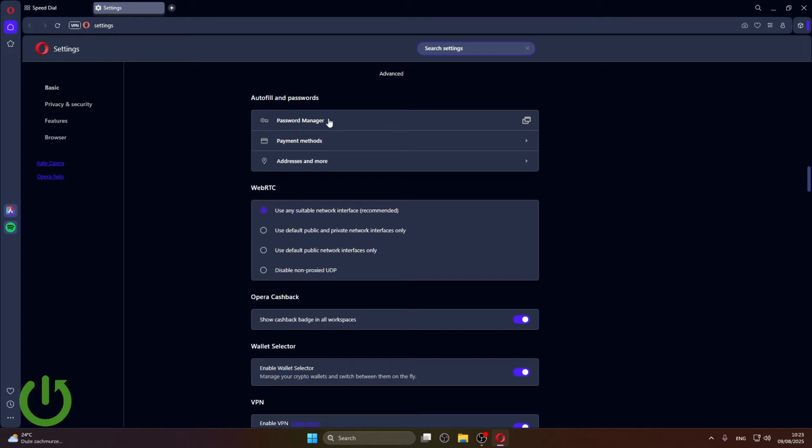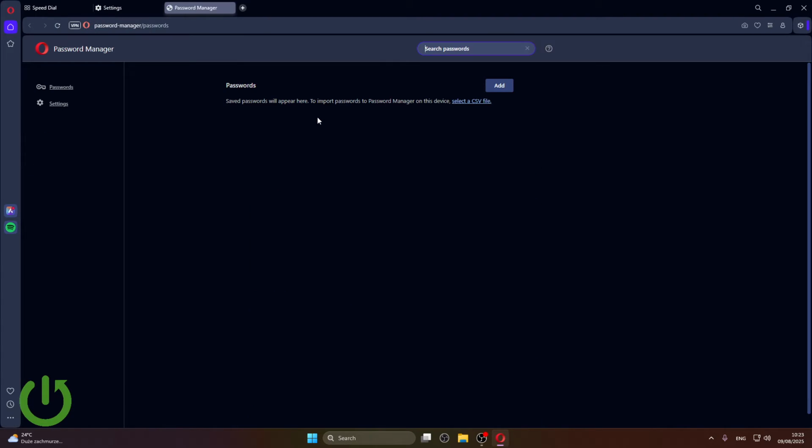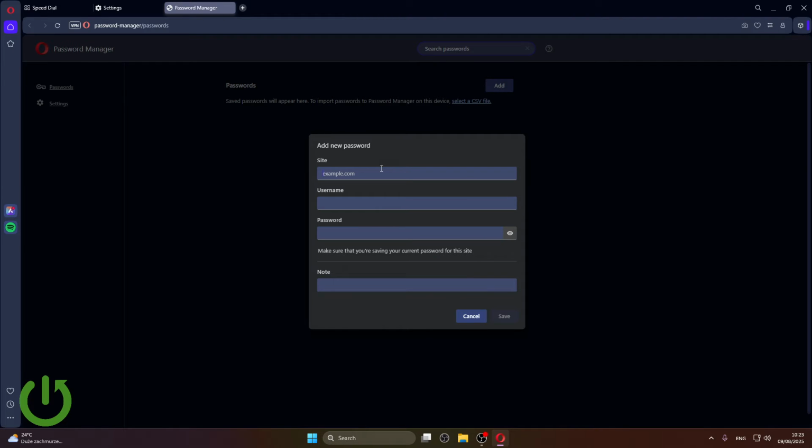The first thing which is here is Password Manager. We have to click that, and here we have passwords. We can import it from a CSV file or add it manually. Here we can add a site, for example